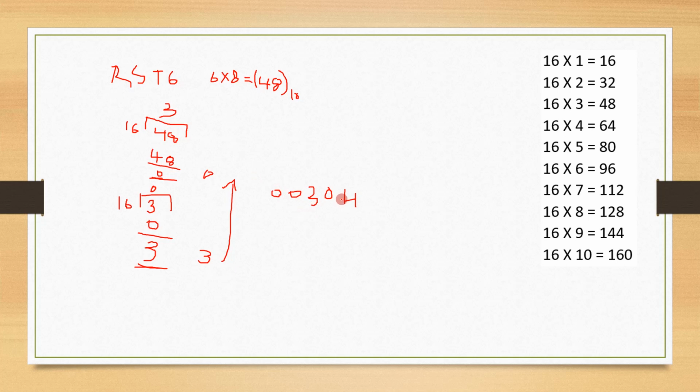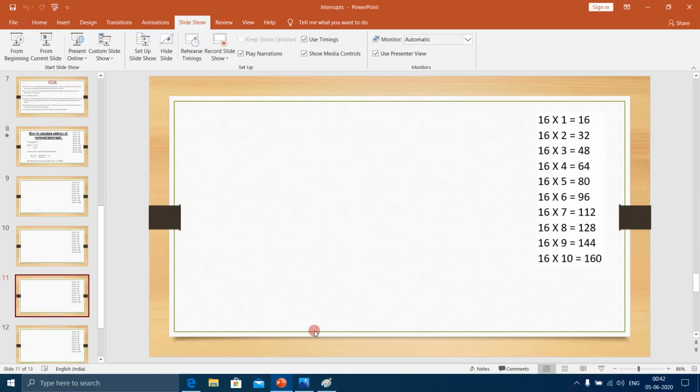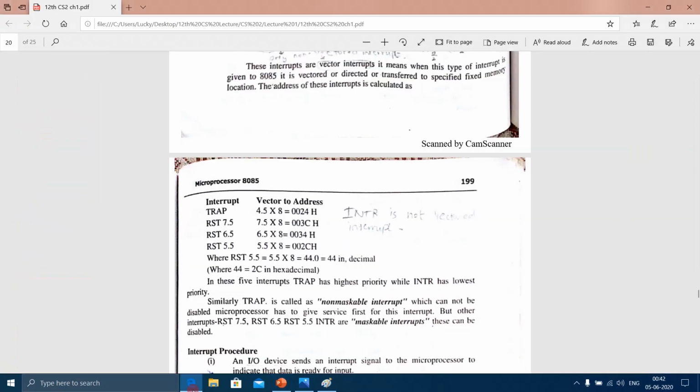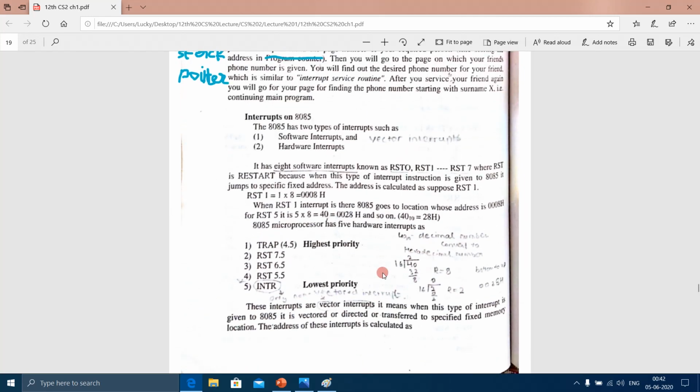Likewise, we can calculate the vectored address of the remaining software interrupts and the hardware interrupts except INTR, because INTR is the only interrupt which is a non-vectored interrupt. I hope you got it. How to calculate